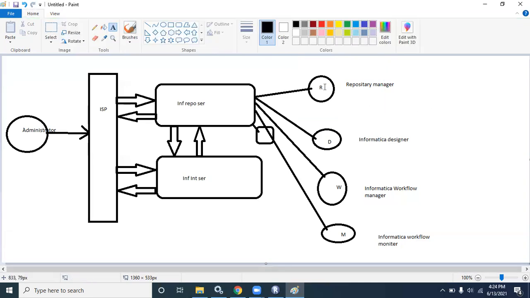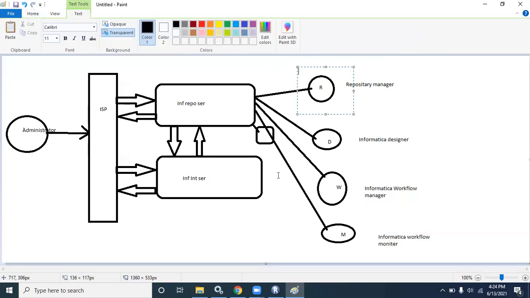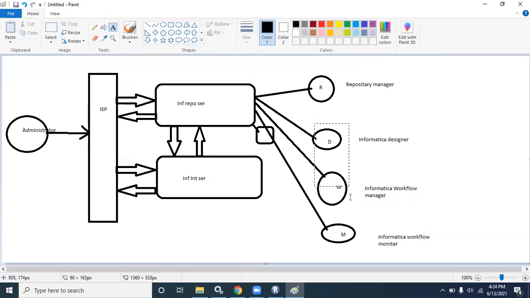Using the repository manager, we have to do the configuration. That again comes under the admin. Once we do the configuration using the repository manager, the developer work starts from Designer and Workflow Manager.